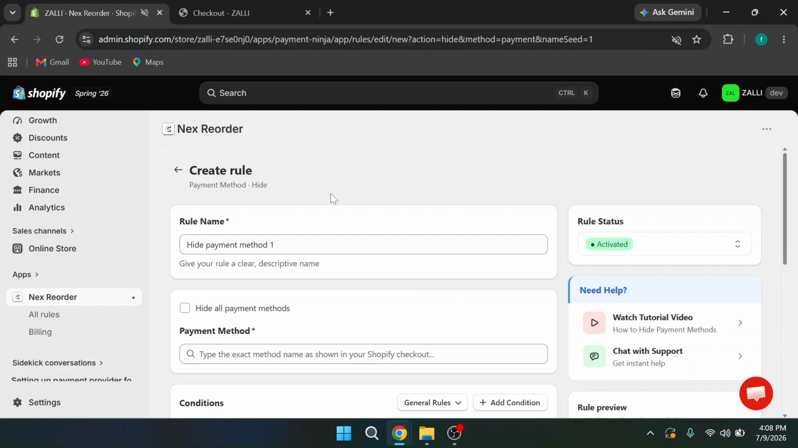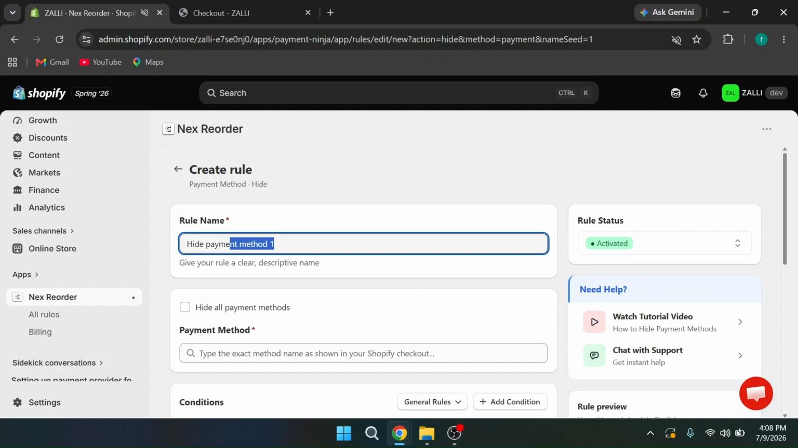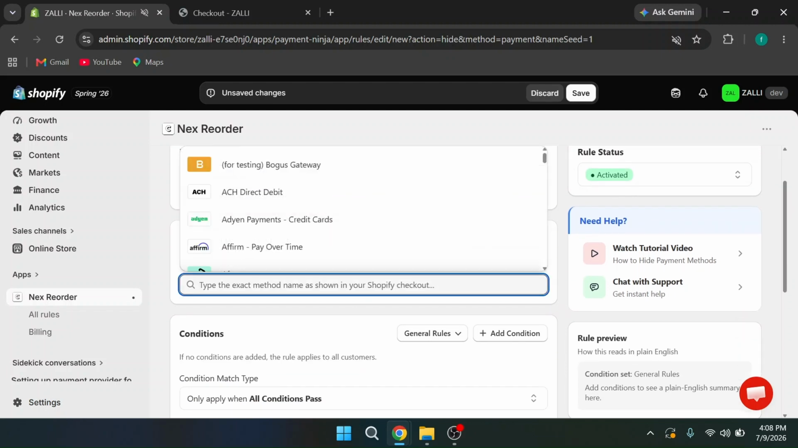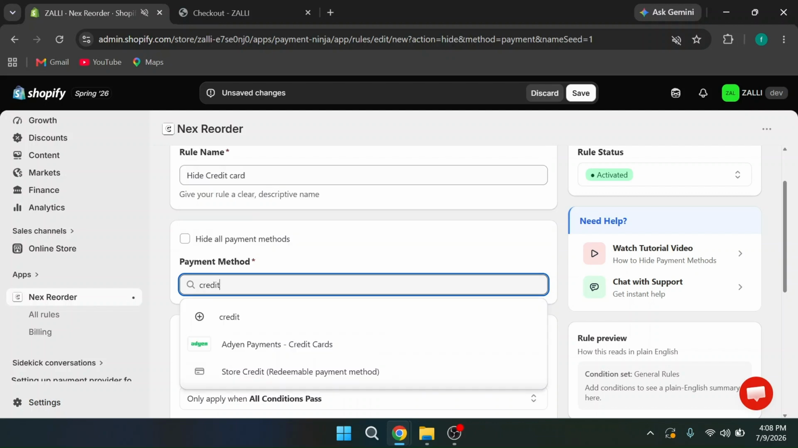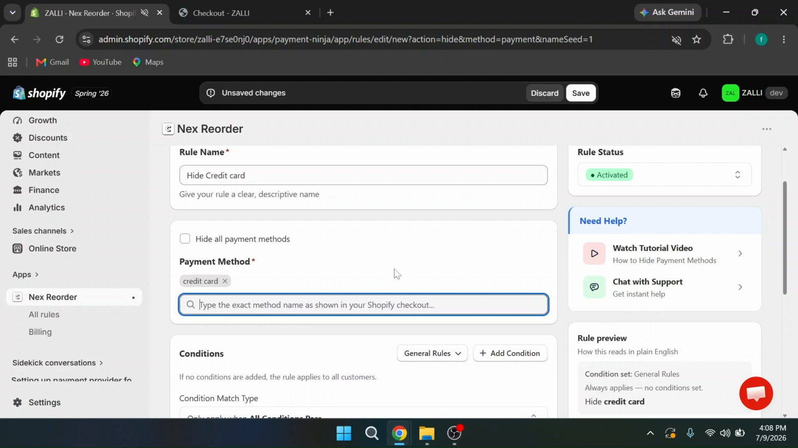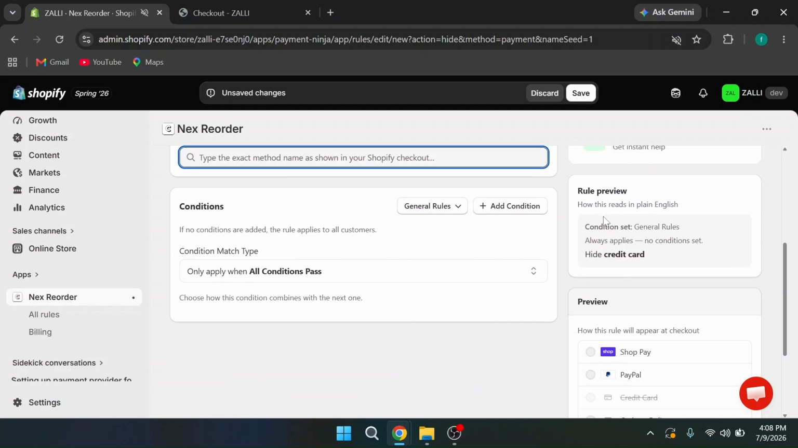Okay, to configure the role, here we can give the role name as hide credit card. Okay, now the role status is activated. We can give the payment method like credit card. Okay, so that's it. Now in role preview, we can see the hide credit card